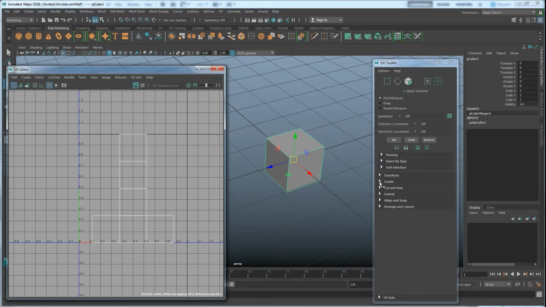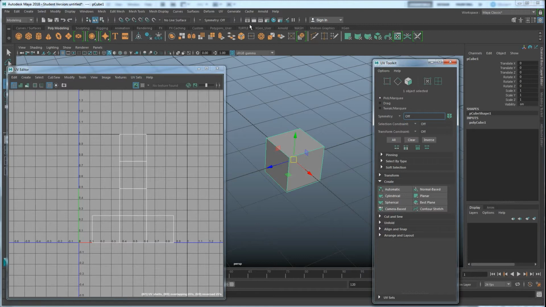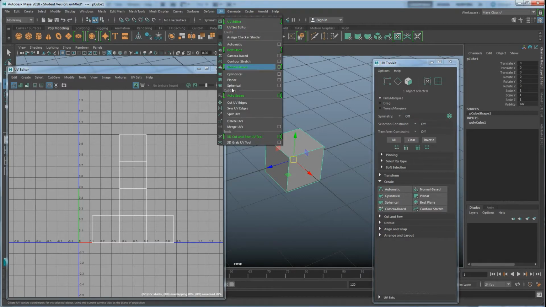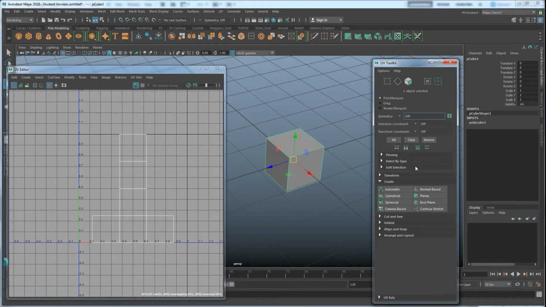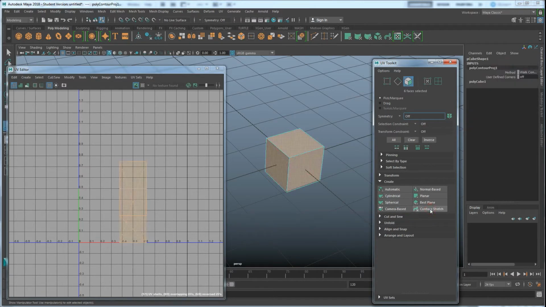So let's say I go to Create. I can create some UVs. Also, some of these tools are also located up in the UV editor right here, so I can go and create these cylindrical, planar, and spherical maps, which are located right here. So there's some tools up here, some here, and some here, but it's just easier to use them on the side right here. So I'm going to go with contour stretch, and that will erase all my UVs and